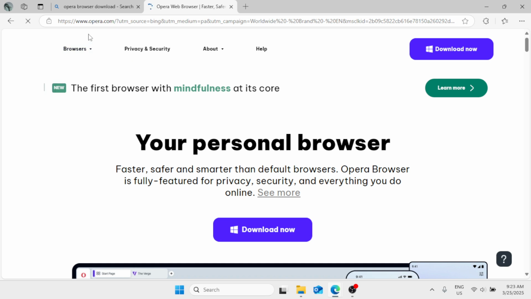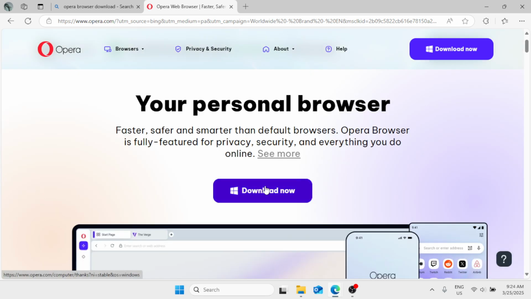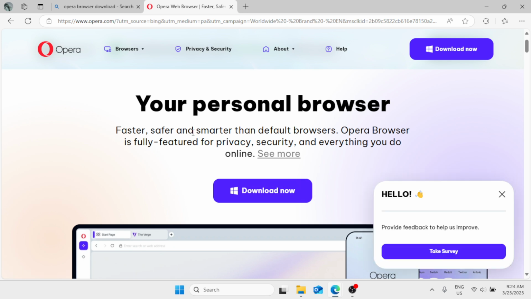So it's from www.opera.com, and you'll find this download now button. So this is a faster, safer, and smarter browser. Opera browser is fully featured also for privacy, security, and everything you do online. So you just need to simply click on this download now button,